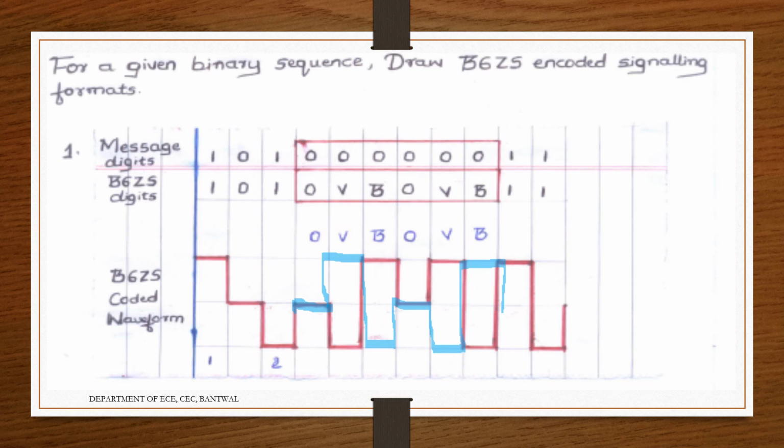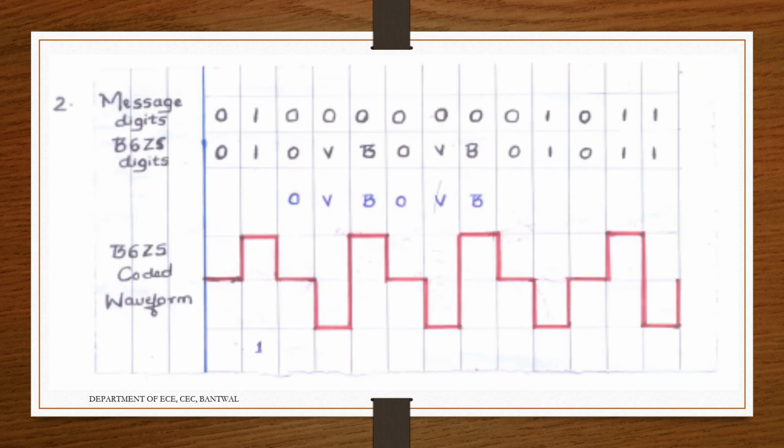So this is the condition, and that is where the confusion arises. We will check everything for odd and even. In B6ZS we need not consider all those things. I have just written it here, but we have to check whether it is a plus or minus. Since it is a minus previous bit, that will be considered. Next one here,